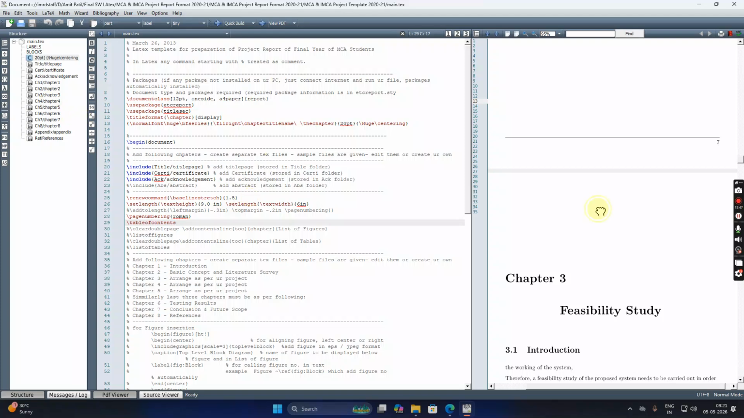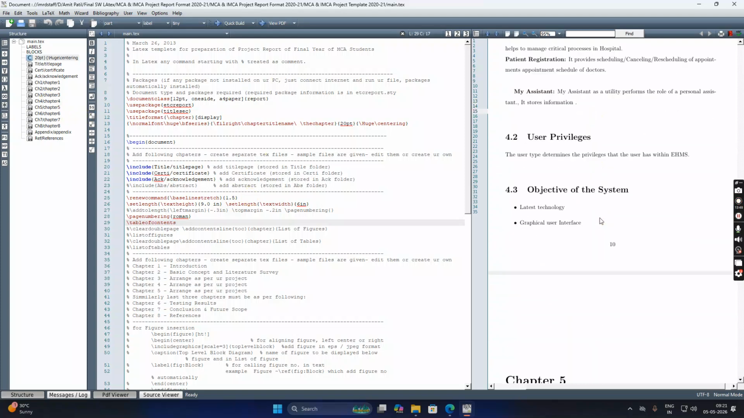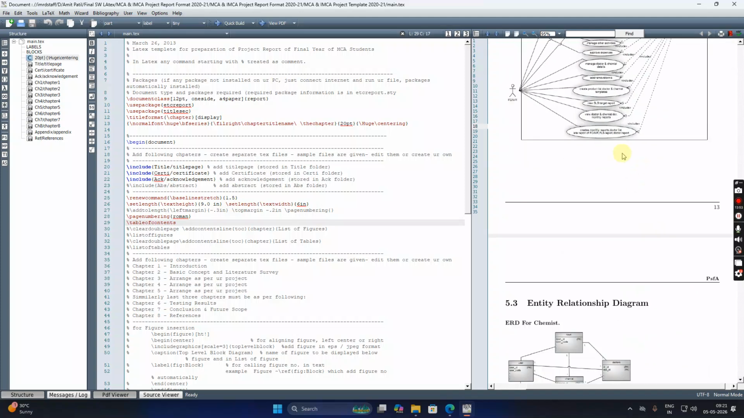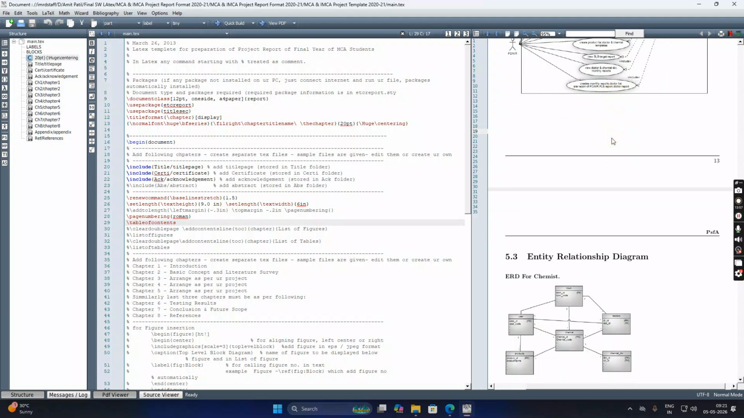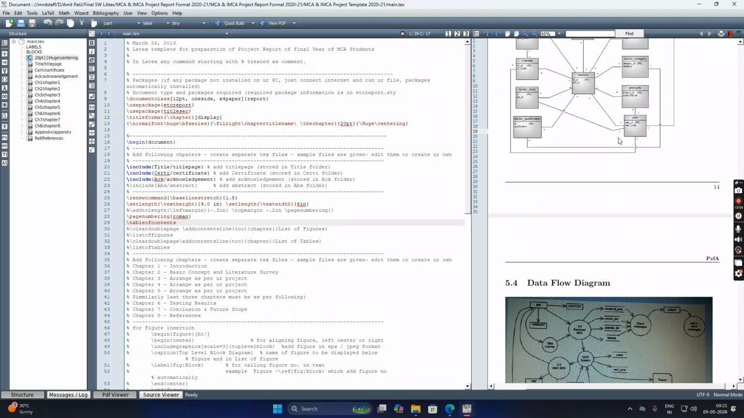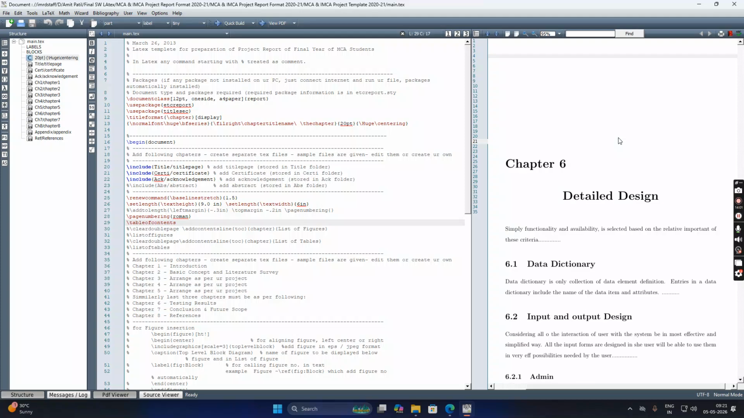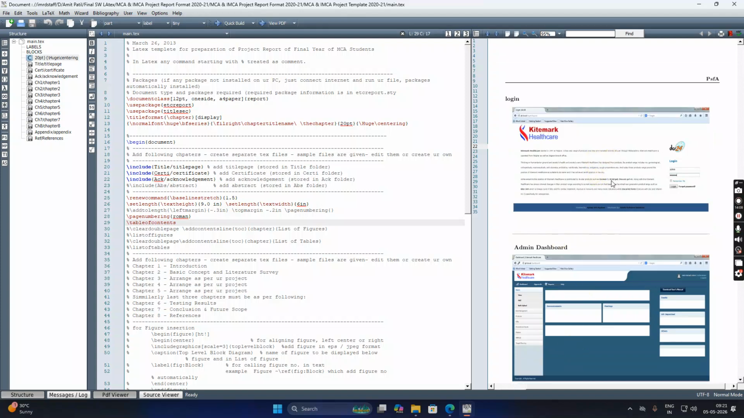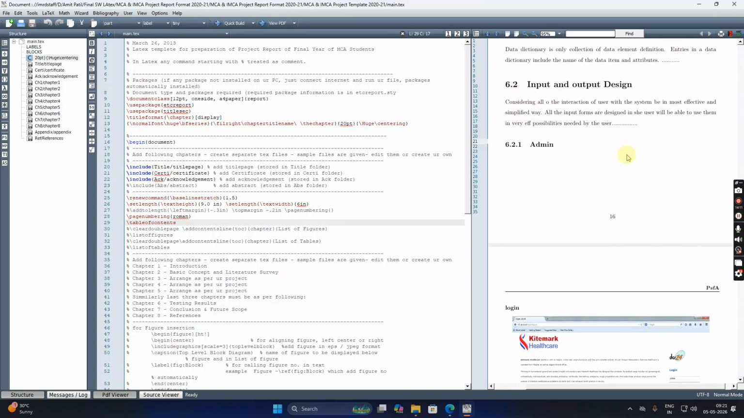For example, I want to put the diagram. So, multiple of the example, put it into the template. For example, I want to put the screenshot of your project in the page. So just go to the